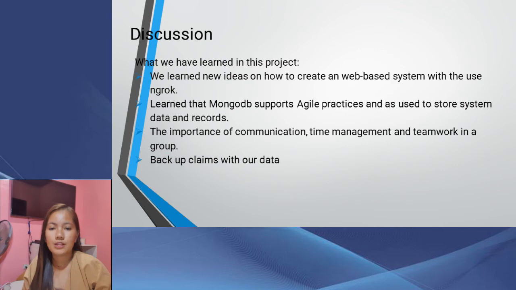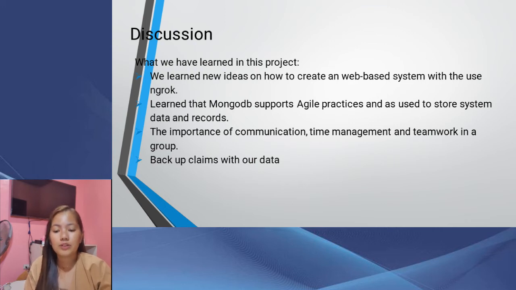What we have learned in this project. We learned new ideas on how to create and run a web-based system with the use of Ngrok. Ngrok is a cross-platform application that exposes local server ports to the internet. We also learned MongoDB supports agile practices and is used to store system data and records. The importance of communication, time management, and teamwork in a group. Lastly, backup